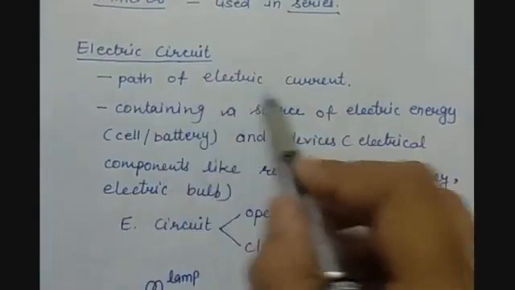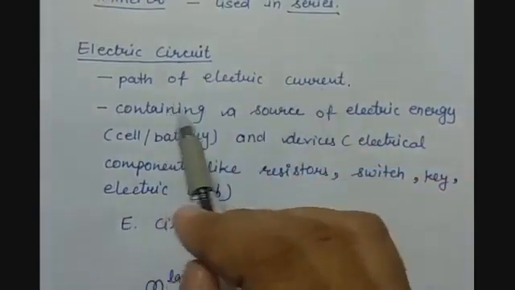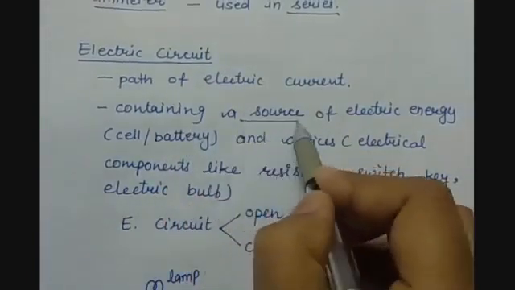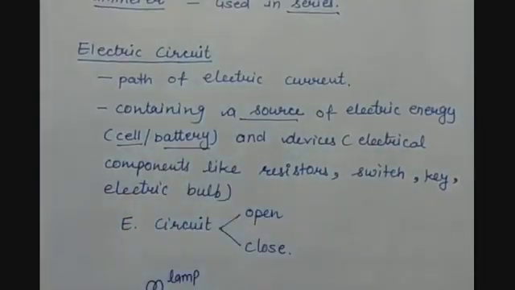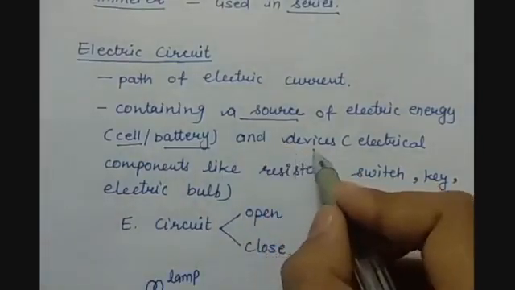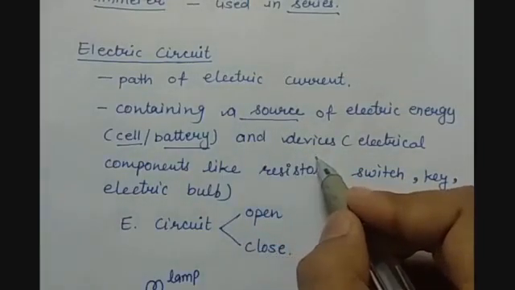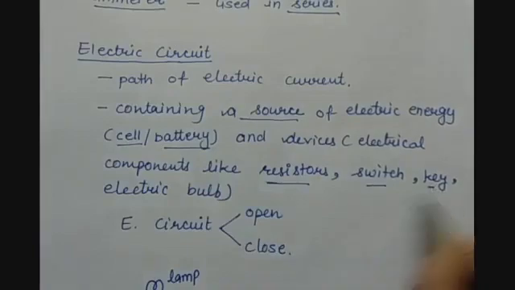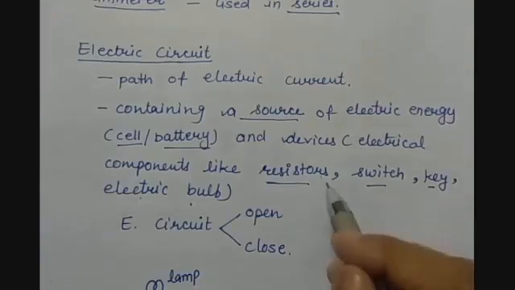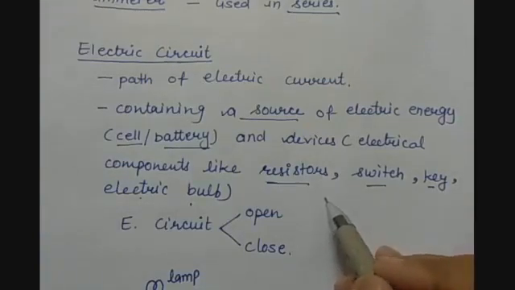And this path of electric current contains a source of electric energy, which is a cell or battery, and the electrical components or various electrical devices like resistors, switches, keys, electric bulbs, ammeter, voltmeter. So all these are there in the electric circuit, and these are connected with each other with the help of